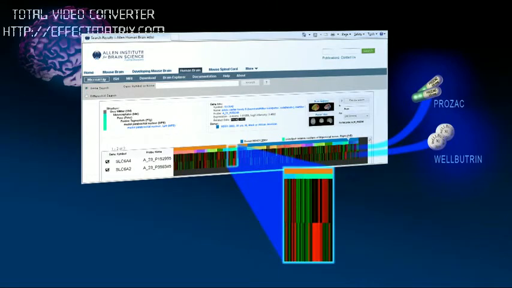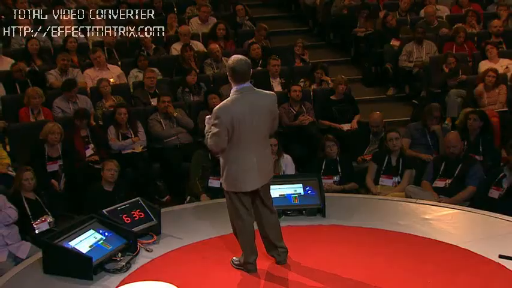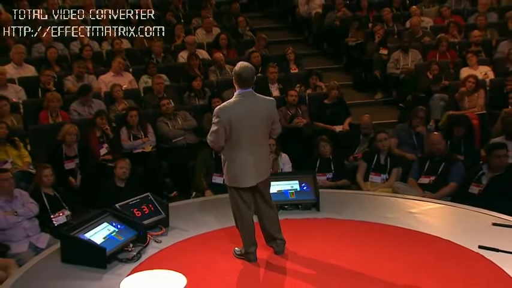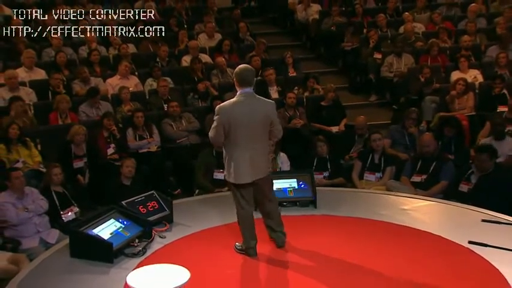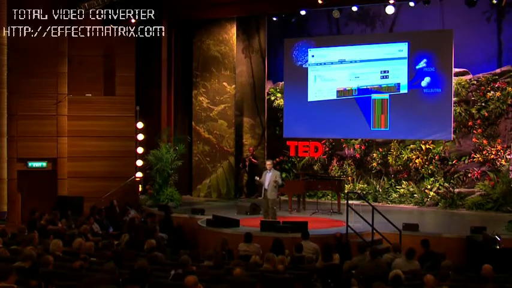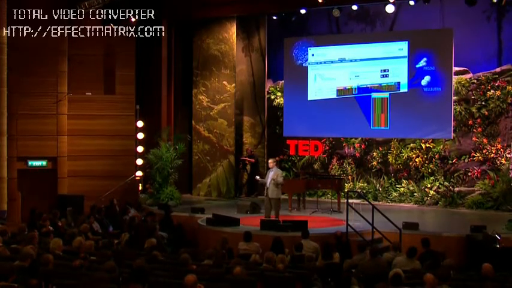Now remember, we're assaying genes. Genes send the instructions to make proteins. Proteins are targets for drugs. So drugs bind to proteins and either turn them off, etc. So if you want to understand the action of drugs, you want to understand how they're acting in the ways you want them to, and also in the ways you don't want them to, in the side effect profile, etc. You want to see where those genes are turned on. And for the first time, we can actually do that. We can do that in multiple individuals since we've